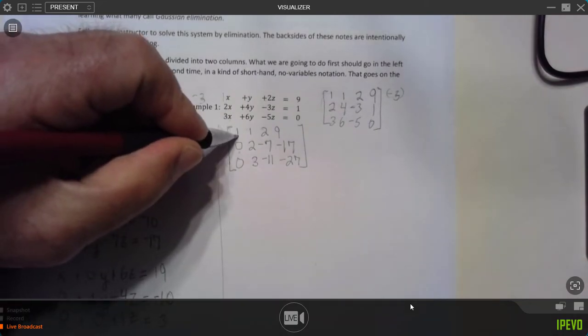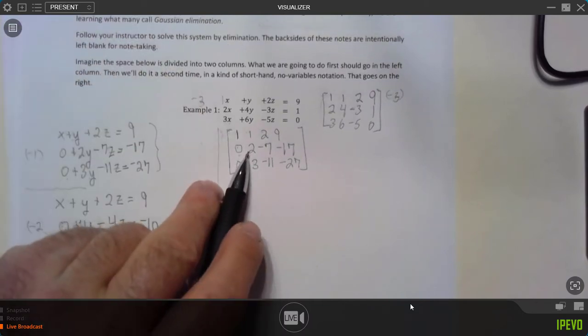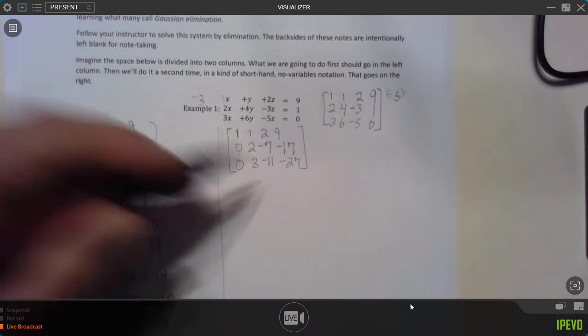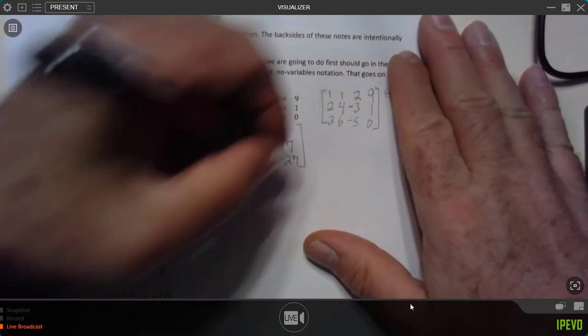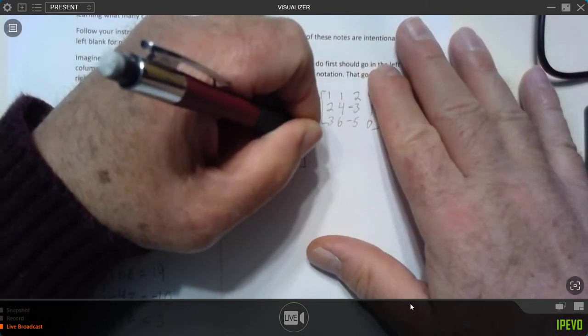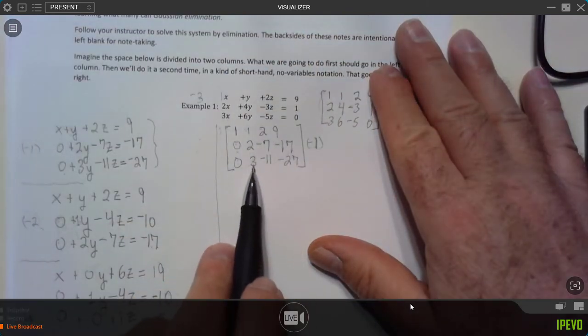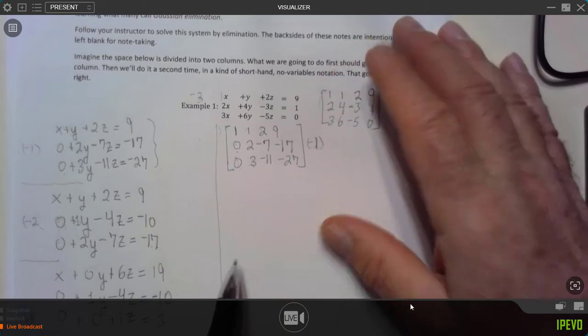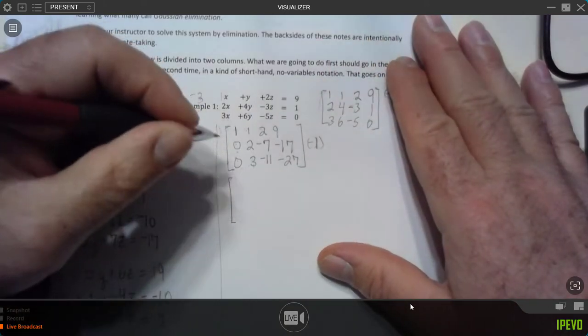We have a 1 here and zeros everywhere else in the column. I'd like to get a 1 here and then zeros everywhere else in the column. We'll take the same steps as last time though. I'm going to take minus 1 times the first row, add it to the third to get a 1 there. And then I'm going to switch the order of the rows. And I'll do that all in one step. So